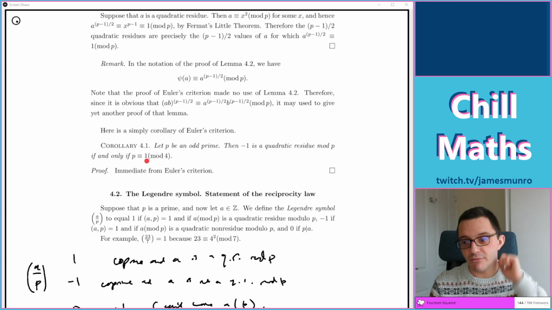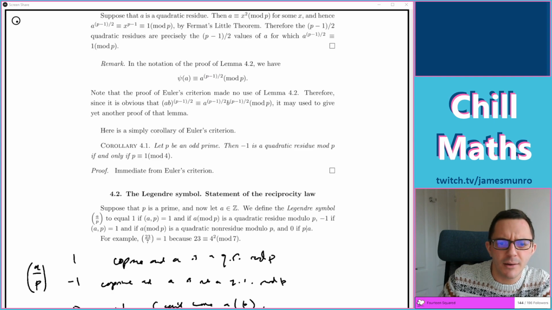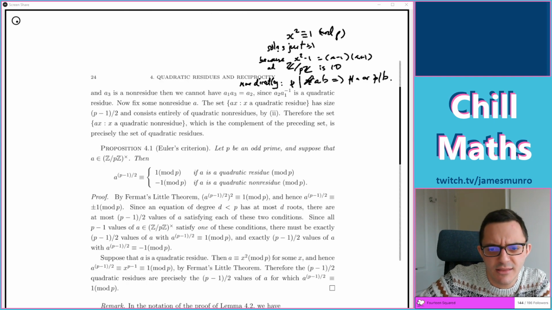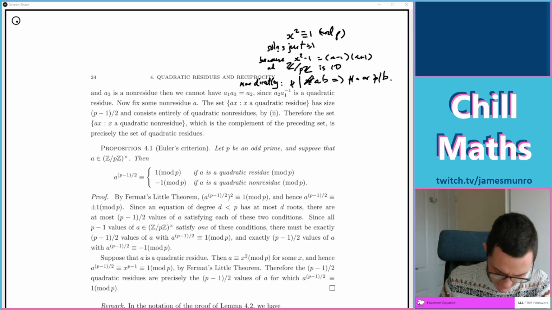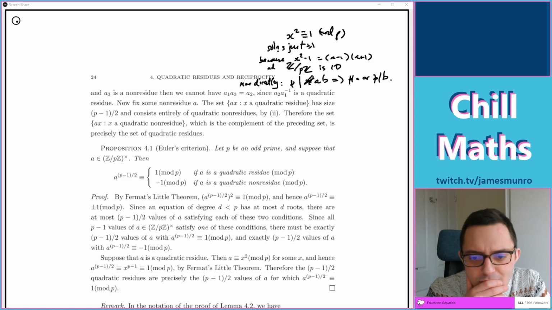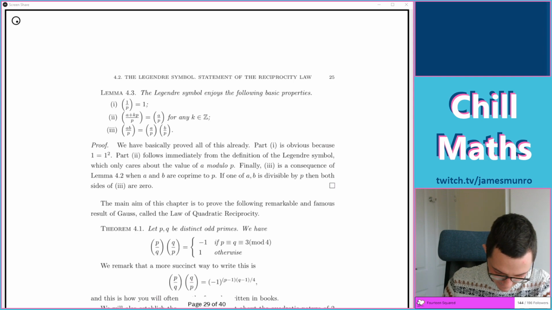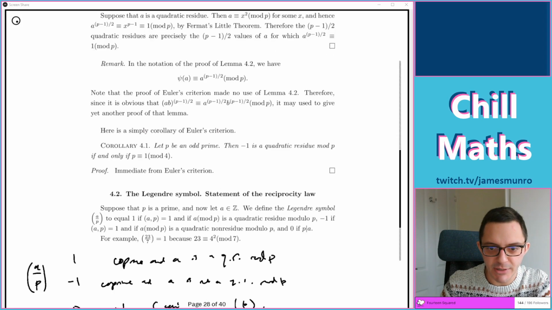The first one's the number 3. That one's not 1 mod 4, but then after that they all are. So I think I'd like to try and understand this as well. Ooh, look, by Fermat's little theorem. That sounds fun. Where did they bring in the Legendre symbol? Is that happening over here? Yes, it's going to be further down this page.